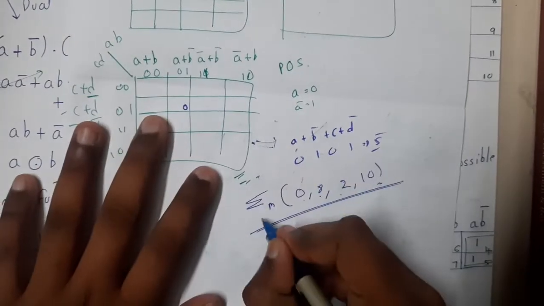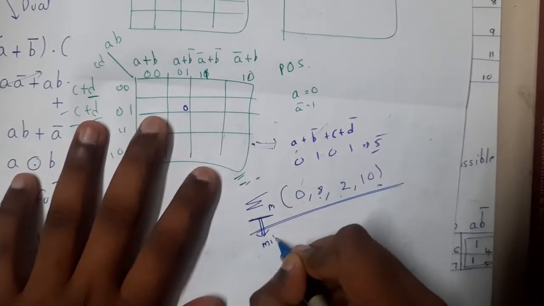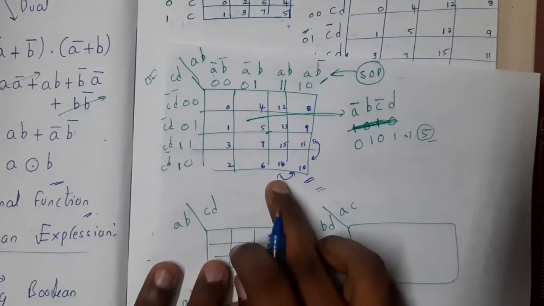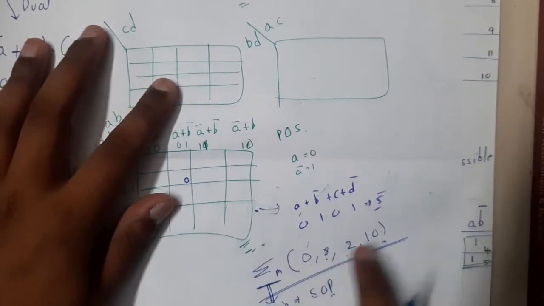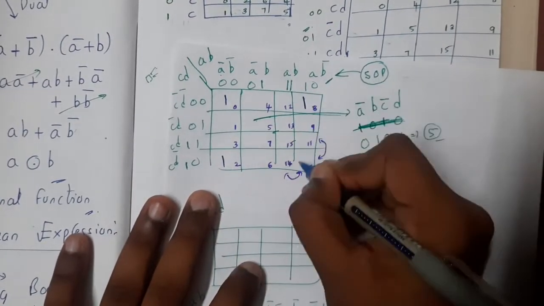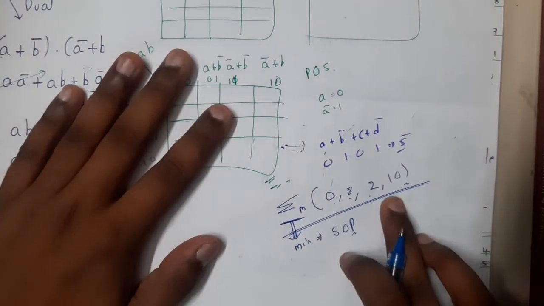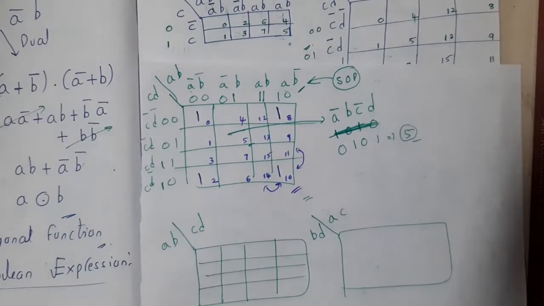So it is a sigma m, right? So what is a sigma m? That is nothing but min terms. So what is a min term? It is SOP. So what structure have we drawn? SOP. So now you can write these values inside this. So whenever you are writing min terms, write those locations, 0, 2, 8 and 10. So in this way you will fill, guys. So in a question he will give in this way. Got it? Yes. So once you have filled it, now your goal is to combine them.